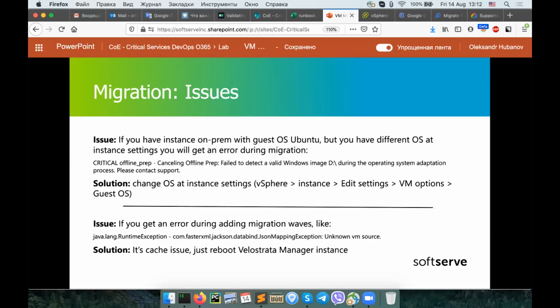We need to resolve this, we just need to change the guest OS in the instance settings, just to avoid this mismatch. Another case,